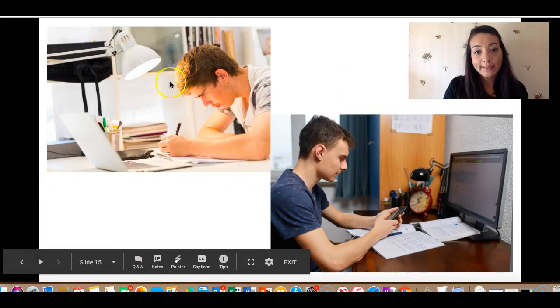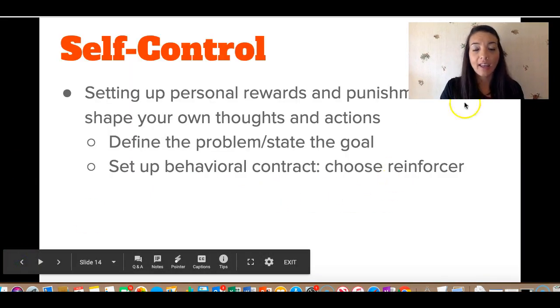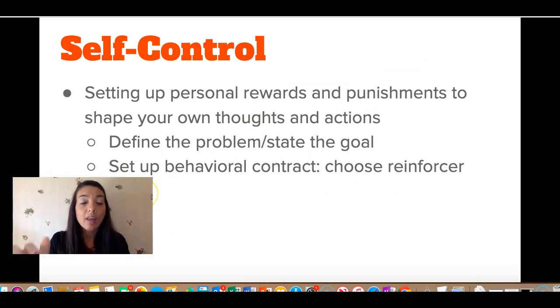So one time I had a TA that had her own kind of self-control system that she set up for herself. Now, like a lot of teenagers, she was somebody who loved her phone. She liked to check social media. She liked to see what was going on, see text messages coming in, all of that kind of stuff, even when she was doing her homework or studying.